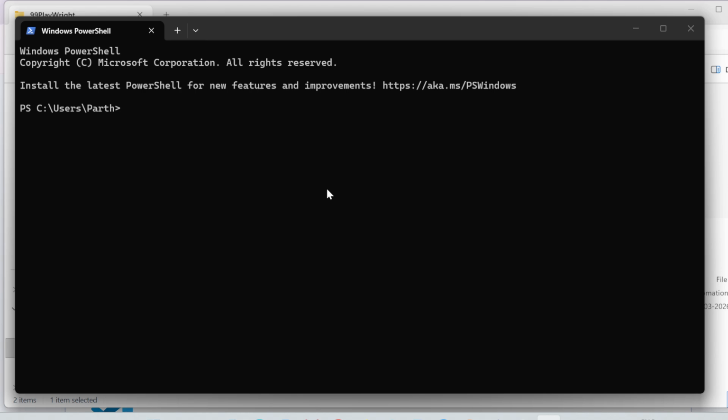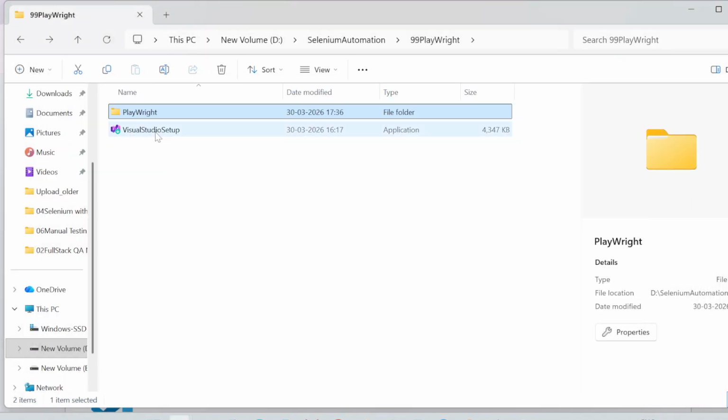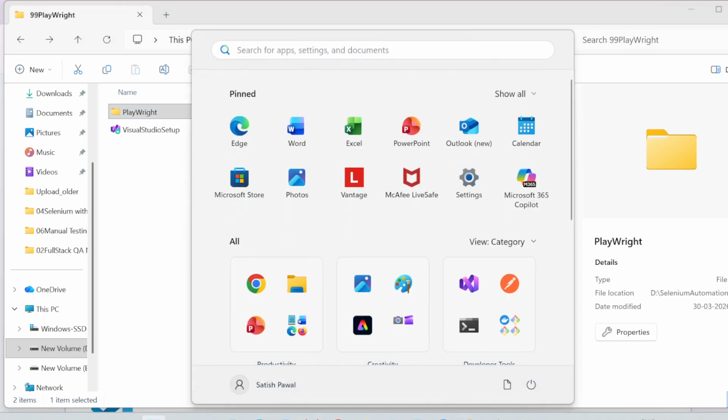Here we will confirm with dotnet --version to make sure that .NET is installed. Here you can see it is showing the correct version. So once you install Visual Studio, we can open Visual Studio and we will create a